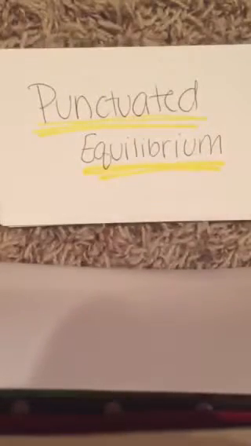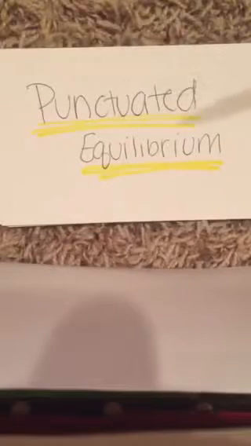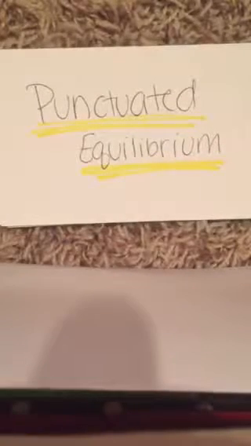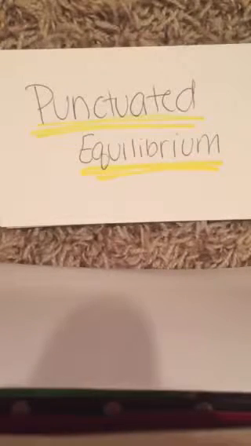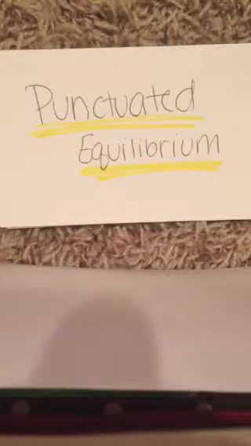So here we're going to talk about how fast speciation occurs. The first term you should know is punctuated equilibrium, which means that speciation is marked by isolated episodes of rapid speciation between long periods of little or no change. So basically the speciation will occur in a short time, then pause, then a short time, and then pause, and so on. The change isn't gradual. But gradualism is when speciation happens gradually.